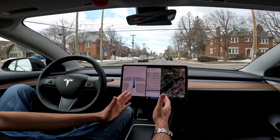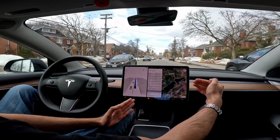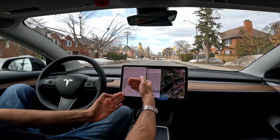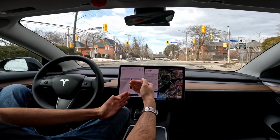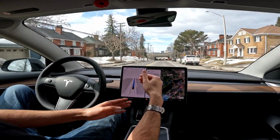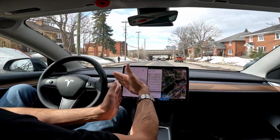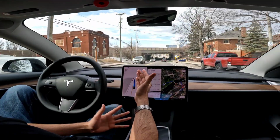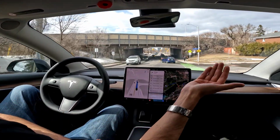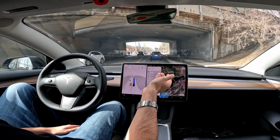But we had the green light, advanced green light. Somebody had run the red light in front of us. The Tesla reacted to that and slowed down to allow this red light runner to complete their turn. And then upon making that turn, somebody ran the red light to turn right into our lane, and I had to take over there. I'm surprised the Tesla didn't stop or try to avoid that